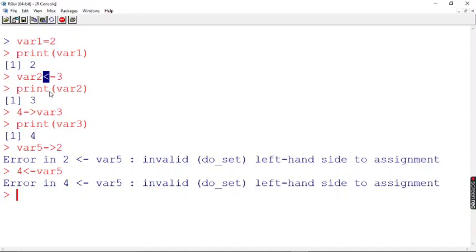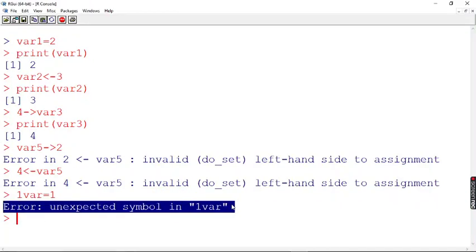Okay. So now let's try creating a few variable names for checking out the rules. We already know that you can have numeric digits in your variable. We had already seen variable 1, 2. So can we start a variable name with a numeric value? That is not allowed. We have seen that in your session. Now let's see what we are getting. See, you are getting the error: unexpected symbol. Which means this variable name is invalid.